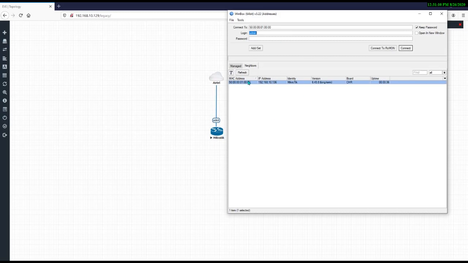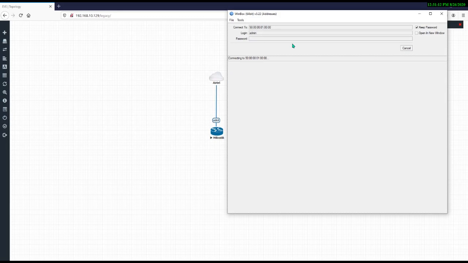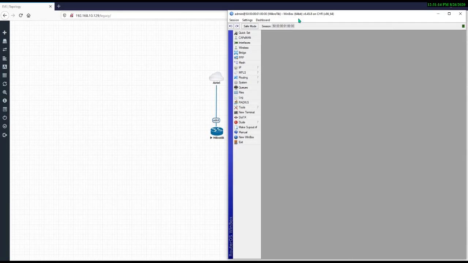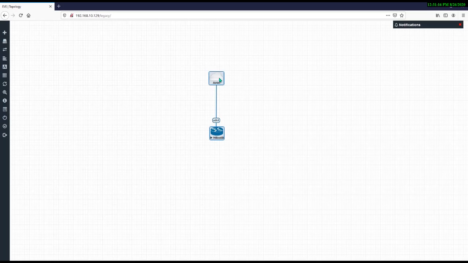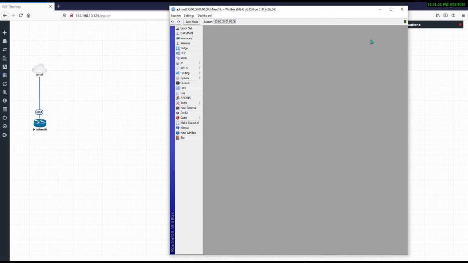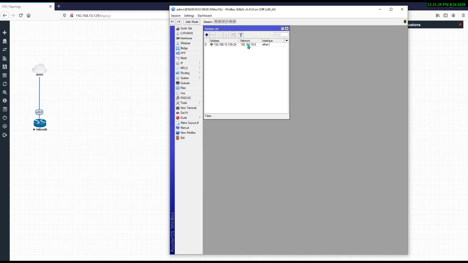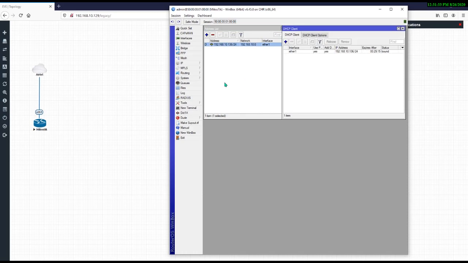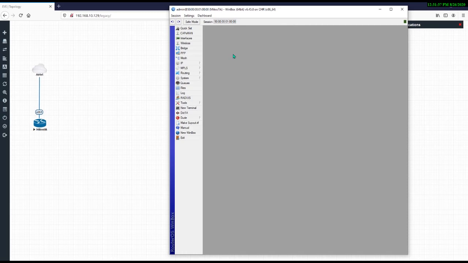So just click on the MAC address and click on Connect, and this is logged in successfully. Now here you can see this is the MikroTik and there is no configuration. Okay, it is creating one automatically, so I'm going to delete it from here. Now there is no configuration.